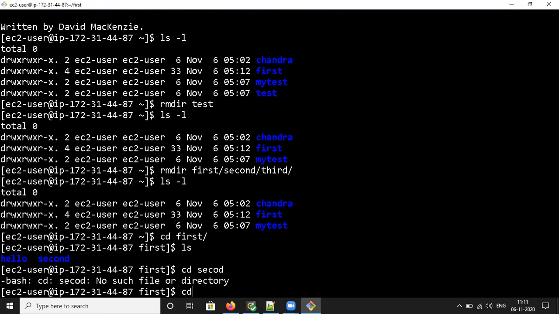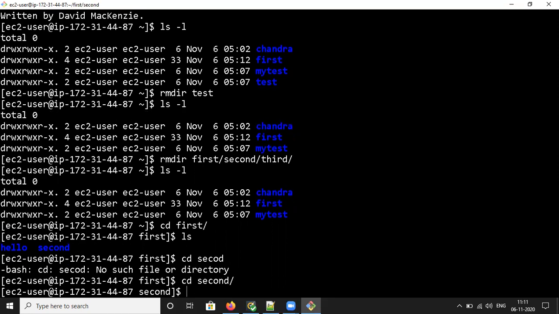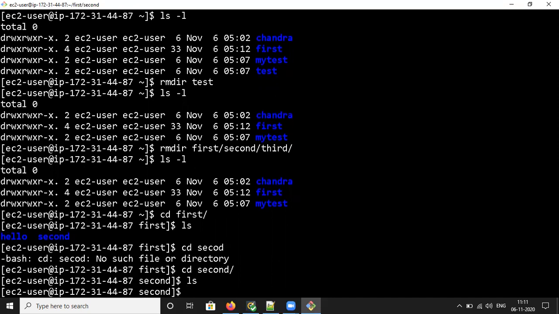No such file or directory. See, in the second directory, it is going to delete the third one. Just now we discussed like that. So the third directory is removed, and hello and second are still there.